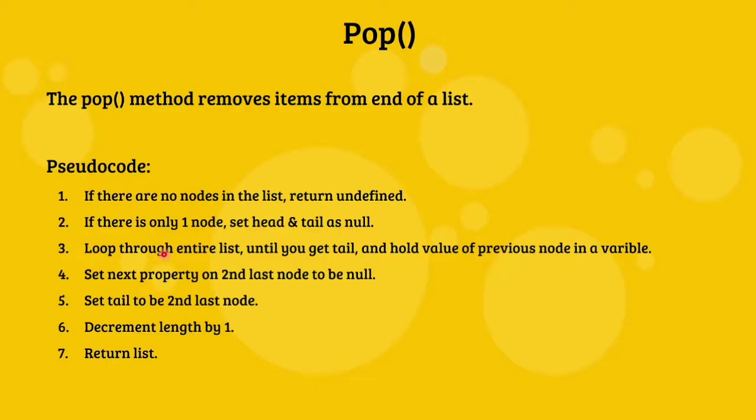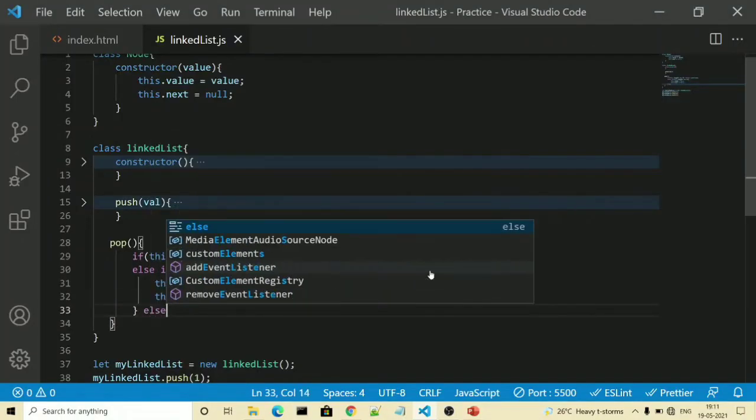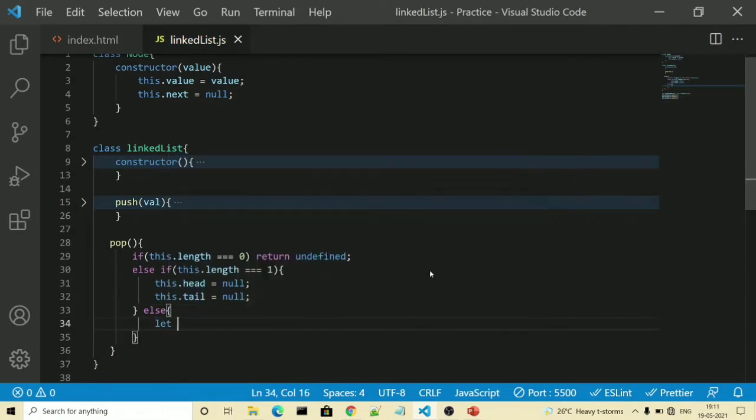Then as per our third point, it is saying loop through the entire list until you get your tail and always hold the value of our previous node. So for that we will write an else part. Inside that we will have one variable called current. It will be this.head in the beginning.